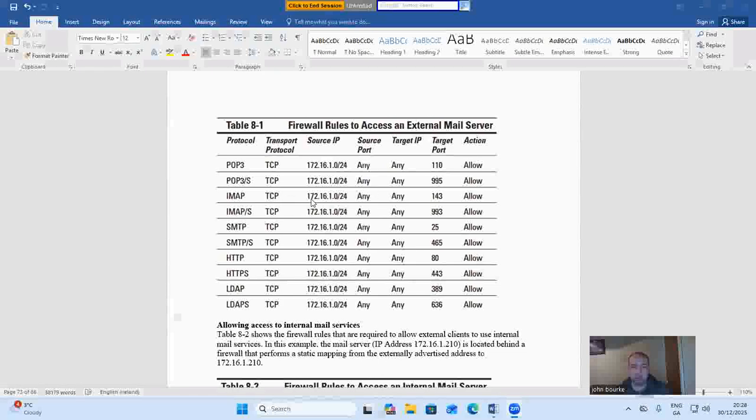IMAP, TCP, 172.16.1.0/24, any, port 143, allow. IMAPS, TCP, 172.16.1.0/24, any, port 993, allow. SMTP, TCP, 172.16.1.0/24, any, port 25, allow. SMTPS, TCP,